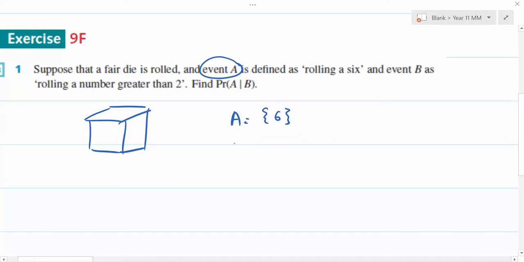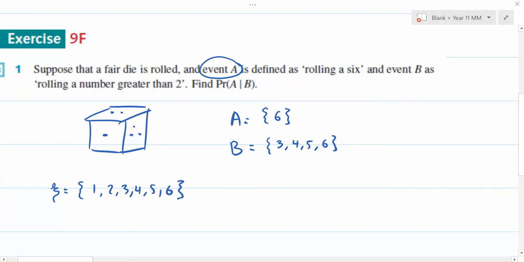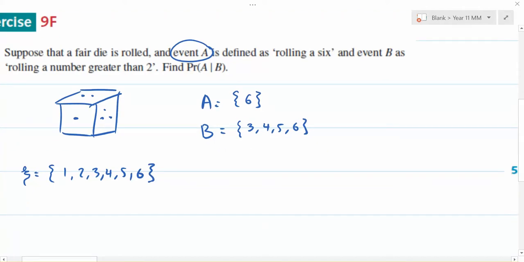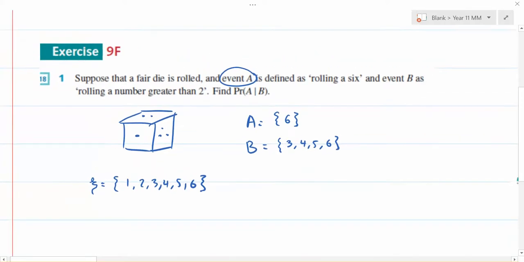And event B, we've got rolling a number greater than 2. So numbers that are greater than 2, you can have 3, 4, 5, and 6. Remember when you're rolling a dice, let's say the entire universal set of rolling a dice is 1, 2, 3, 4, 5, and 6. Those are the only possible options you can get. Well, then event A, group A has 6, group B has 3, 4, 5, and 6, because we want it to be greater than 2. Now the question asks